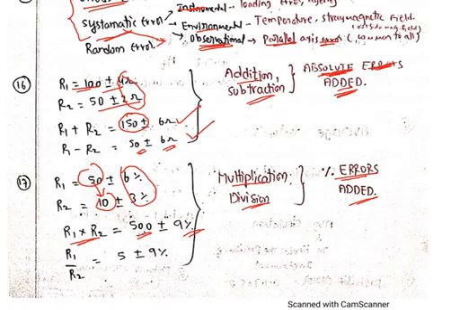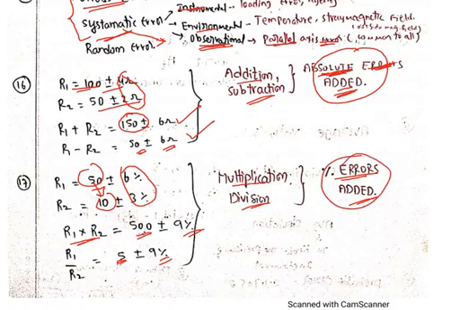Next, in this case, R1 by R2, what happens? R1 by R2 means how much? 50 by 10, that is 5, correct. But in the second case, it is not 6 by 3, it should be added. Okay, what we have to remember is that absolute errors and percentage errors will be added. Very, very important. Absolute errors and percentage errors will be added. Based on this, many questions will be given, and we have to answer accordingly. Okay, so this is regarding electrical measurements.